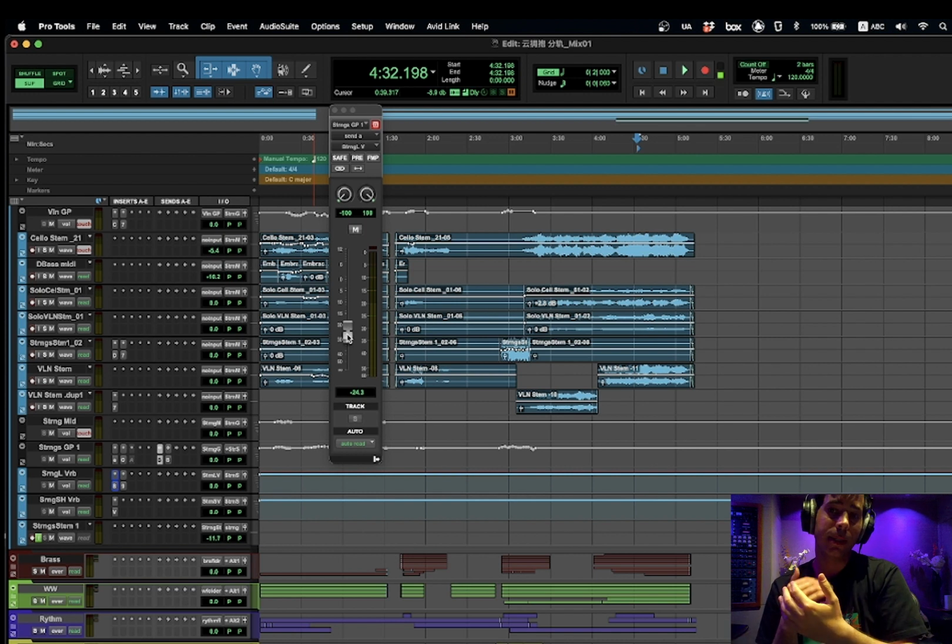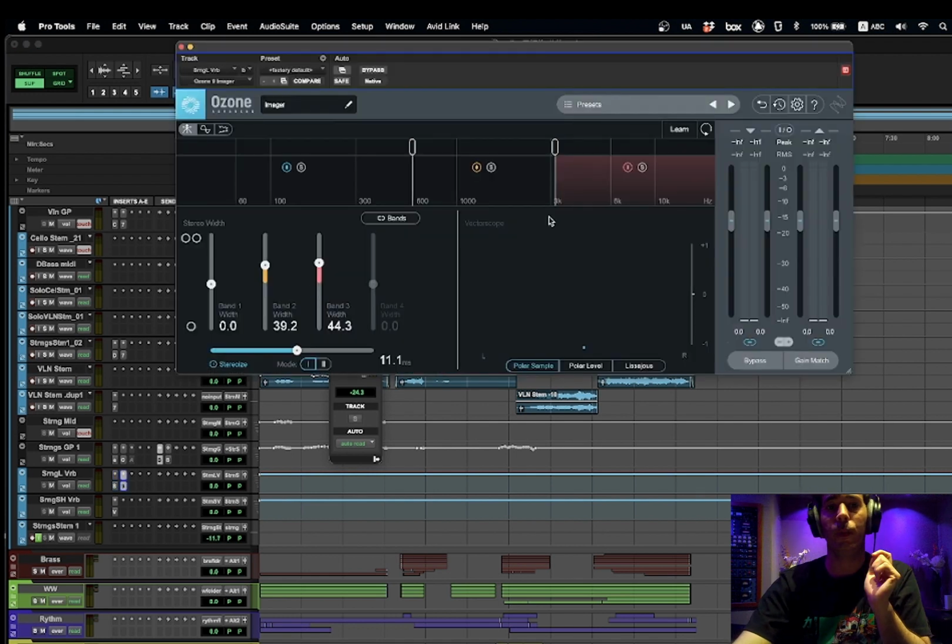Because again, when we send an instrument, it's basically sending the volume of it, right? So if I really like the balance of the strings and now I want to send it to a reverb, I don't want to send a lot of volume to it because then it will change my balance. So I'm just sending a little bit so I can get the full reverb from a little volume that I'm sending. And after that reverb, I put